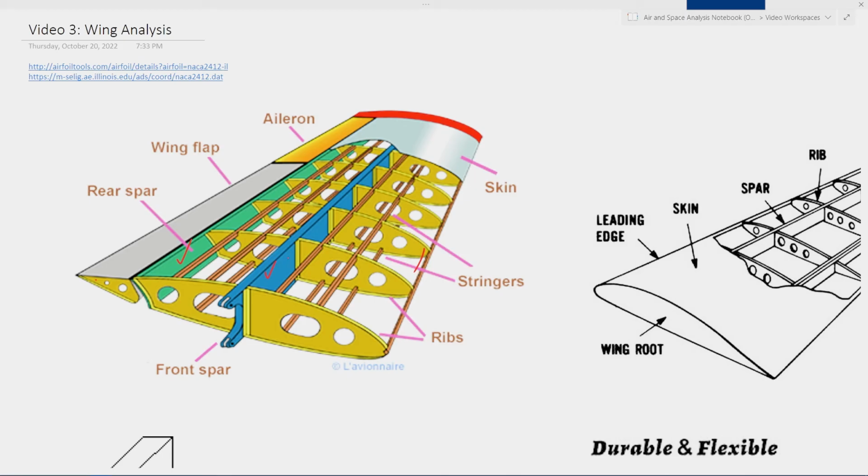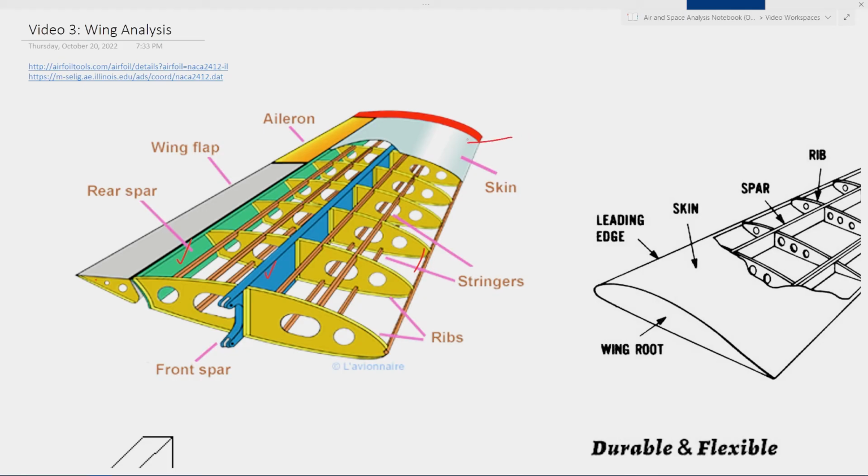The front one is typically the main structural member, just because it's in the thickest part of the wing, so it's the tallest, and therefore it's going to be the stiffest. And typically it has your attachment points. It's going to take most of the load, and then the rear one is there to help stiffen the rear part of the wing, and also sometimes provide attachments and whatnot for the flaps and ailerons. So anyways,